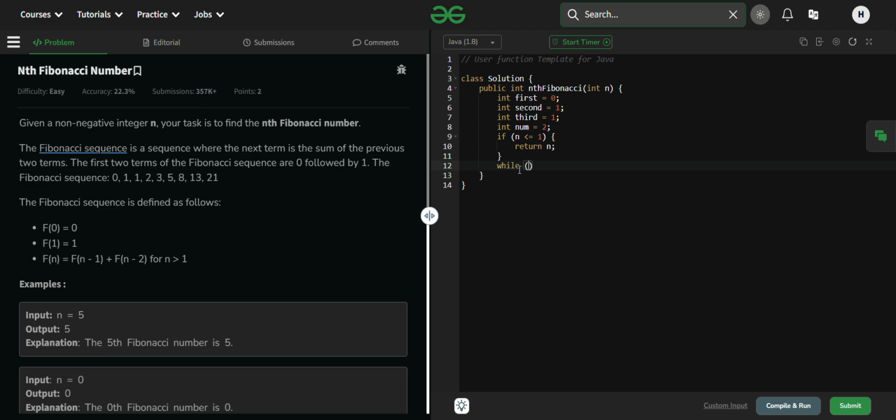If the condition inside the while loop, the declared variable, that is num, is less than or equal to the given number, then we can loop the code that is inside the while loop. If this condition satisfies, then we need to add both first and second element and store it in the third variable,